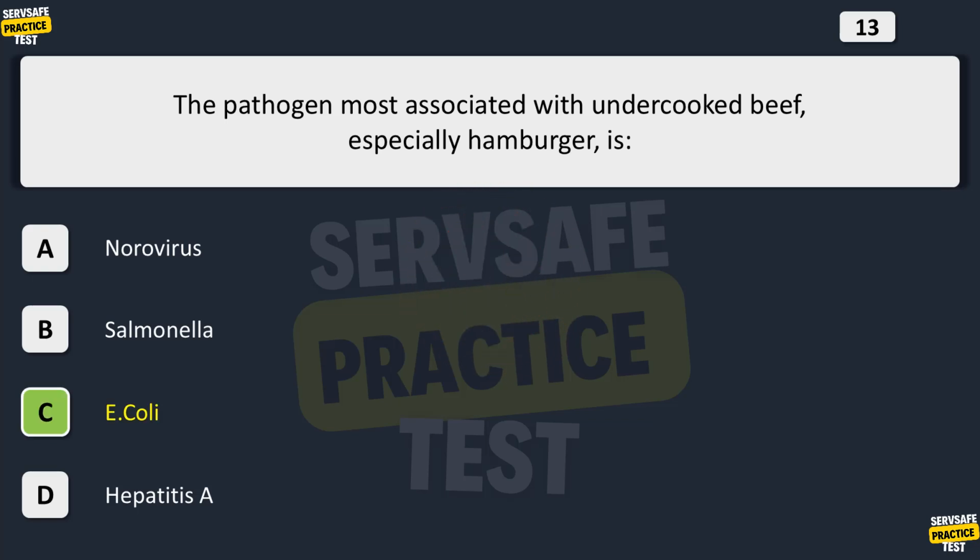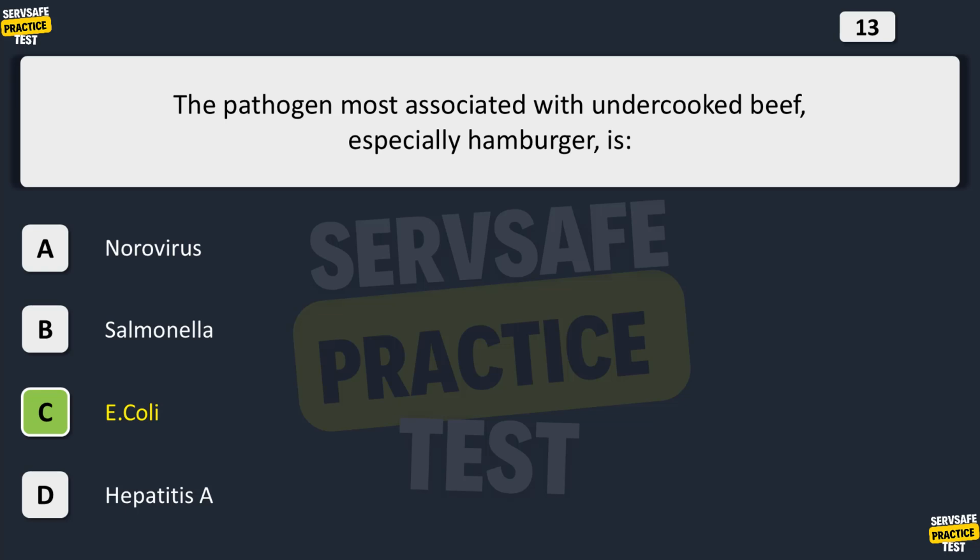The correct answer is C. E. coli. E. coli is the pathogen most often associated with undercooked beef. Of particular concern is E. coli O157:H7, a powerful strain of E. coli which is among several strains of E. coli with negative consequences for many specific groups. To avoid E. coli from becoming problematic within your restaurant, make sure to avoid cross-contamination and cook beef to a well-done temperature.